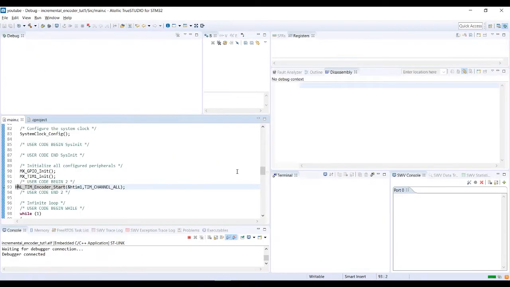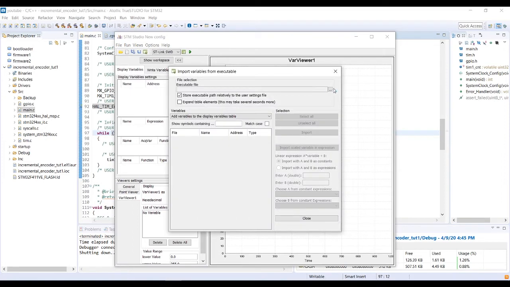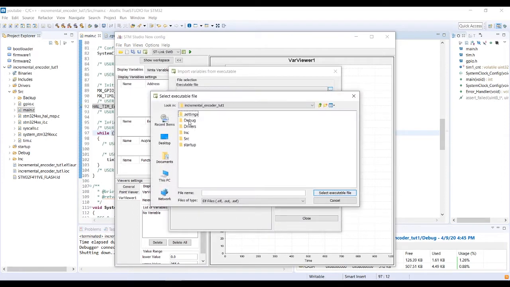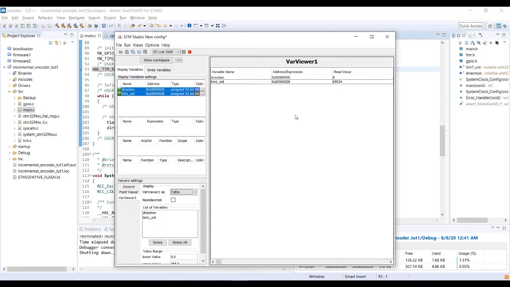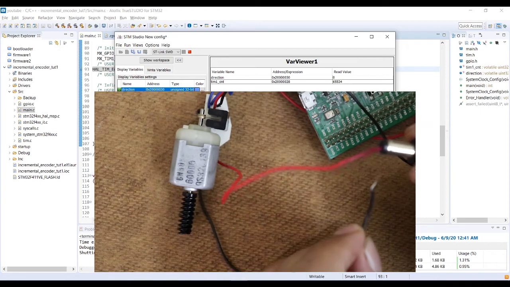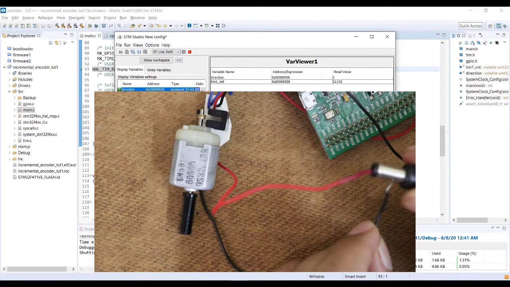After building and flashing the code, I've connected my encoder to the controller and used STM Studio Debugger to visualize all my variables in real time. You can see how the counter value goes up and down based on the polarity of the motor.